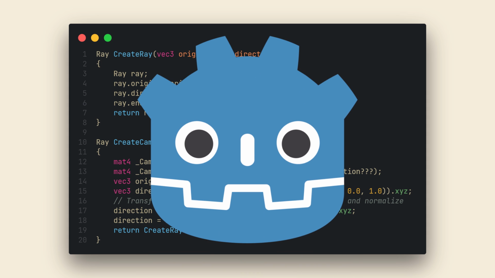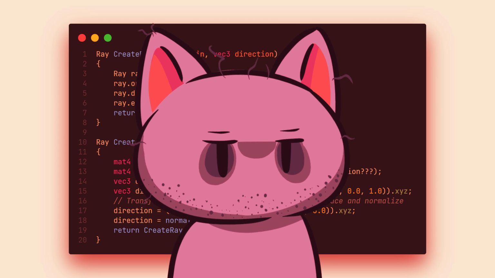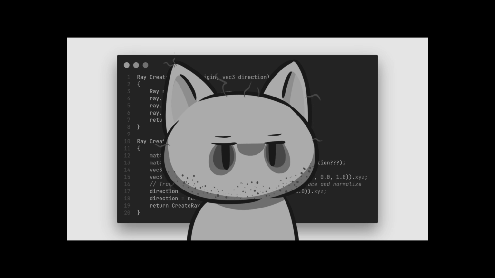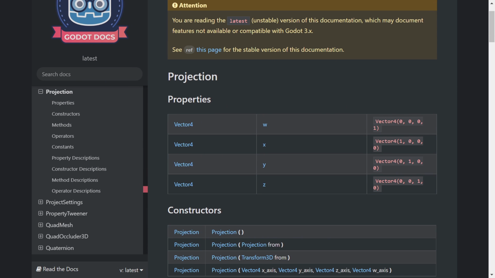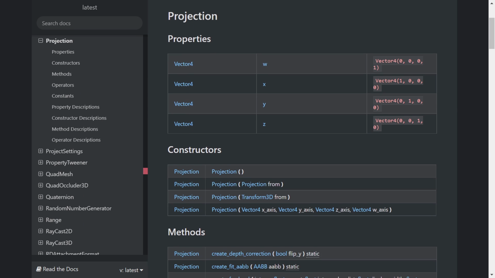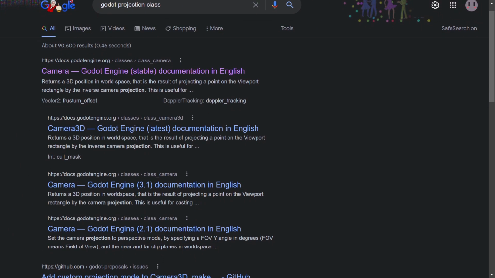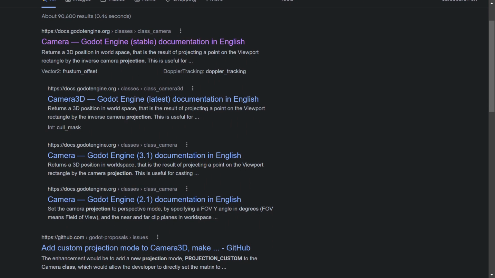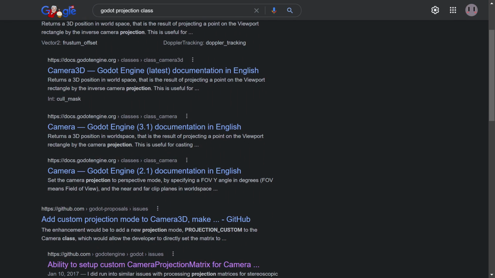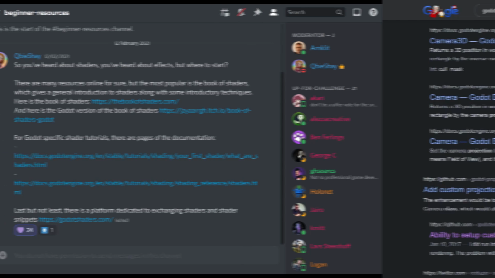Godot has this cool feature where it does not allow you to retrieve the projection matrix. They have a built-in projection class in Godot 4 that you can pass camera data to and make the projection matrix, but this wonderful class does not show up in any Google search for some reason. So I literally did not find out about this until I was in voice chat in the Godot shaders and